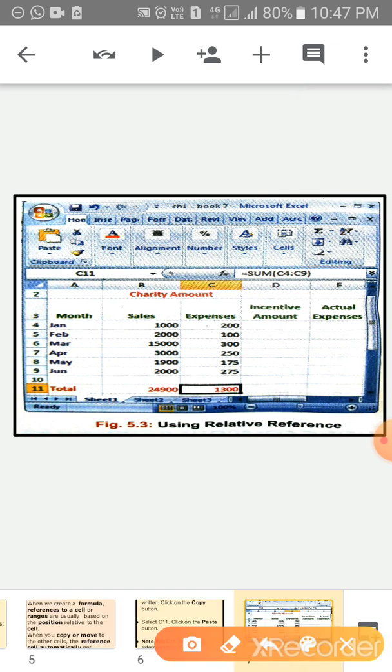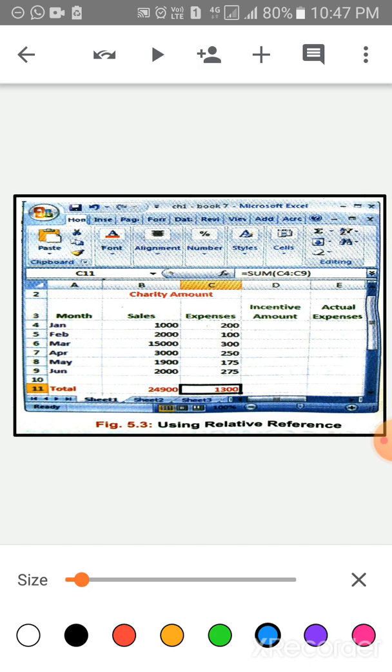Now children, look at the screen. This is the screen of using relative reference. Here, select the cell B11, column B. In it we have to type the formula. Children, remember this always: whenever we write a formula, we begin with the equal to sign.